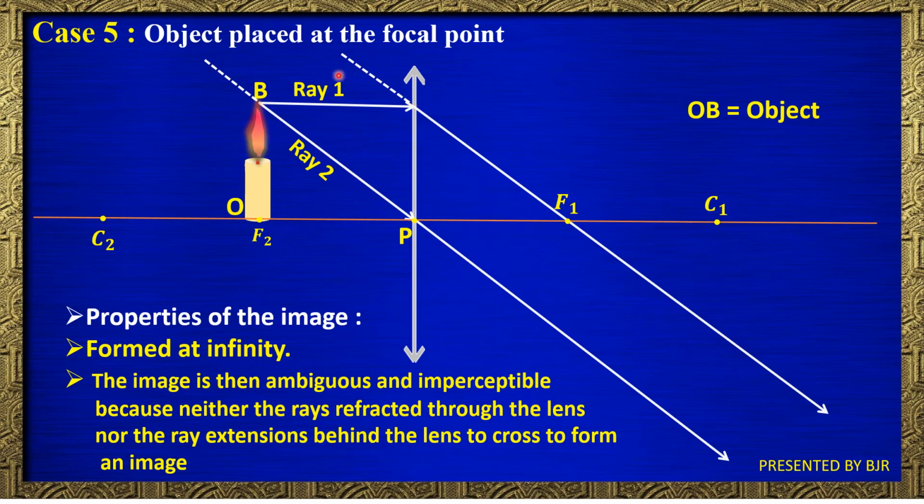These two extensions also do not cross one another if you extend them up to infinity. So when the object is placed at the focal point, we say that the image is ambiguous, that is unclear where it forms. Okay,